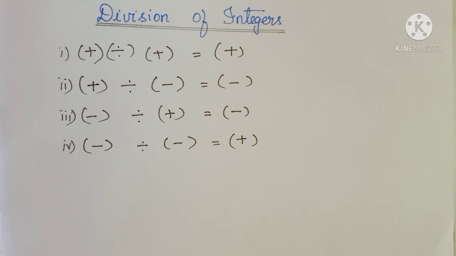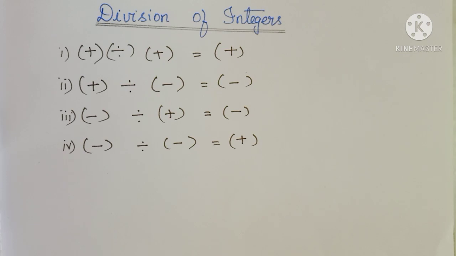Similarly, two integers we are taking, one is positive and one is negative. If you are multiplying the two integers or dividing the two integers, that is one positive and one negative integer, the resulting answer will be only negative. So the rules are the same for both multiplication and division. Only the calculation part changes a little. Multiplication means we multiply and write, division means we divide and write the result here.